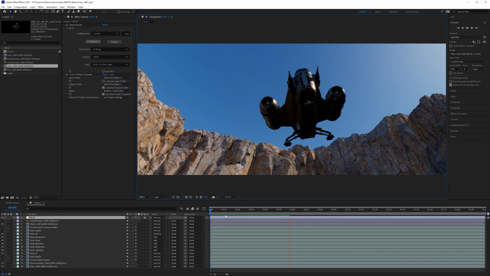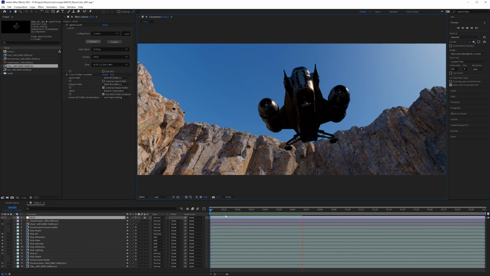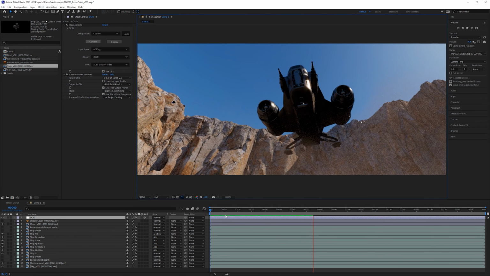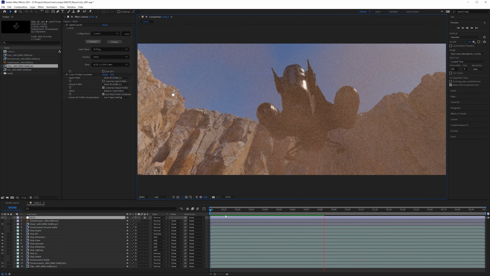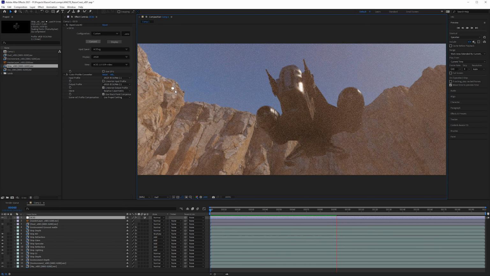So as we go through this, there are going to be some issues with the dust, and there's going to be some timing issues, and you'll also notice, probably on yours too, that the dust is going to be pretty grainy. Like it's far too grainy for what we need, because I forgot to turn on denoising. So that's something that we need to do when we go back into Maya.